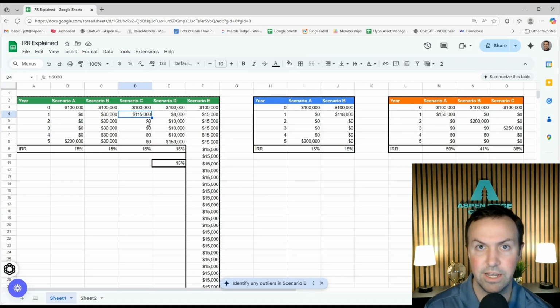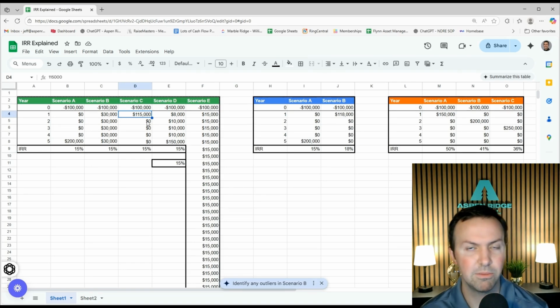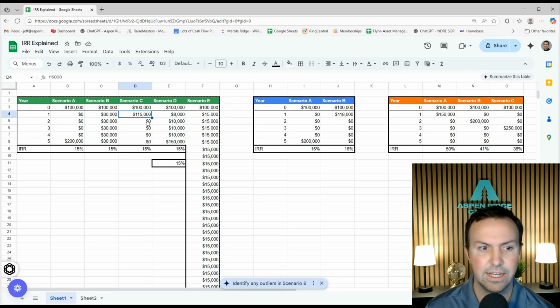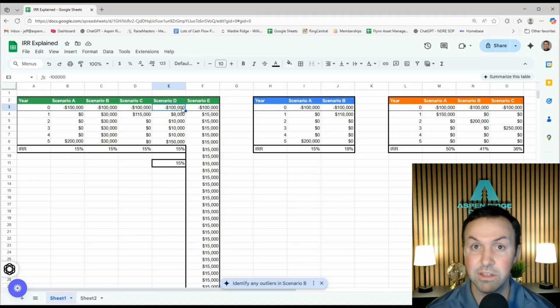You get 2% on the front end, maybe 1% on the back end. So you get 15%. And you get the initial amount back. But again, it still has the exact same IRR as the other ones. Now in scenario D, we're going to look at something that's probably more like a typical maybe multifamily investment, where